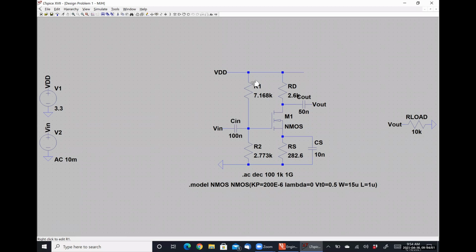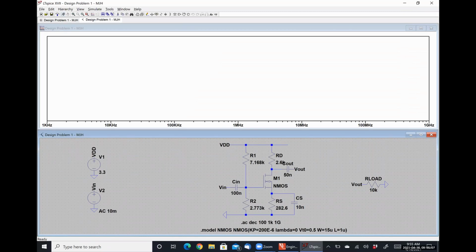Yes. Okay, cool. So this was design problem 1 with the correct resistor values, or somewhere close to this, which you guys should have all arrived at. If I run this simulation,